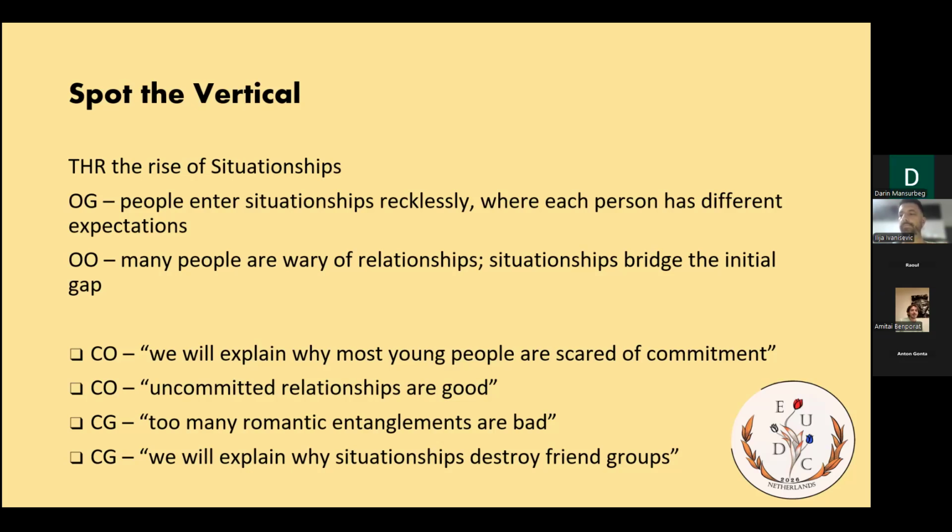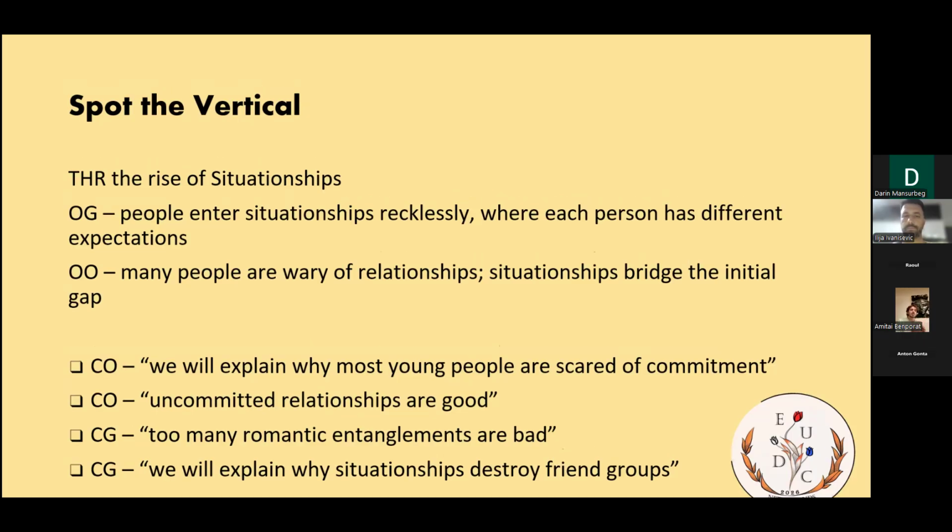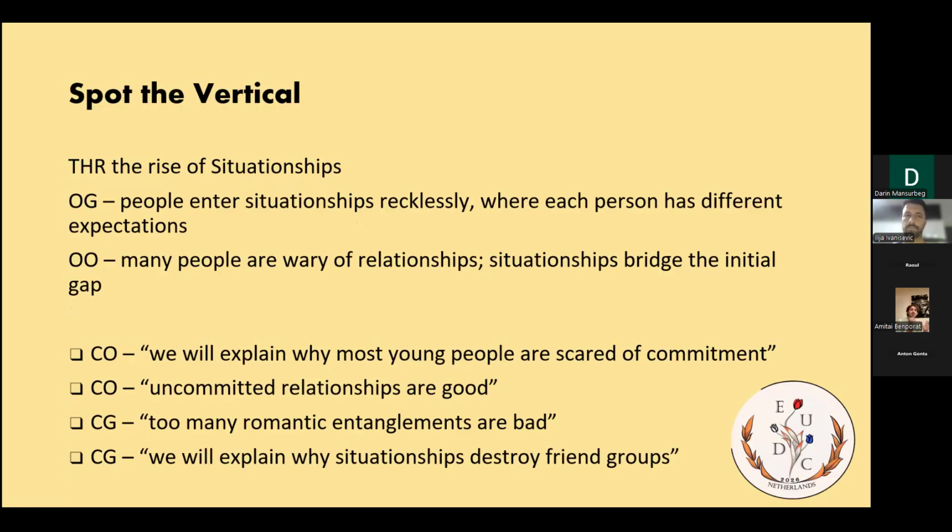I guess it tries to prove that the issue exists. Great. So it tries to prove that the issue exists. And another crucial component here is not just that you're substantiating the premise in your opening opposition, that many people are afraid of entering a relationship and need an uncommitted setting, but also the word most is important here because it gives us a hint that what this burden tries to do is not just prove that there is indeed this need, which maybe opening opposition alluded to in some people, but attempts to prove through characterization why it is true that for most people, this is a primary problem in entering relationships,